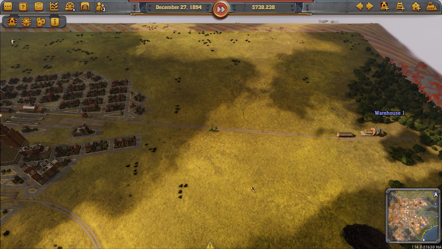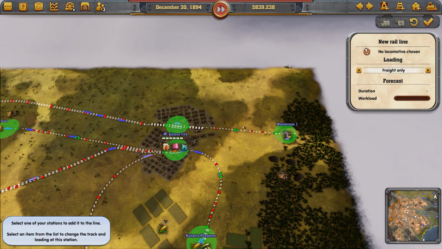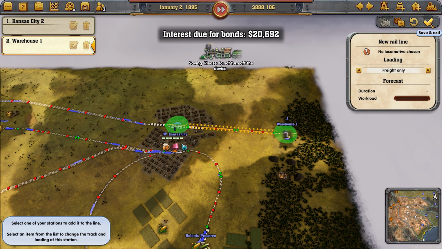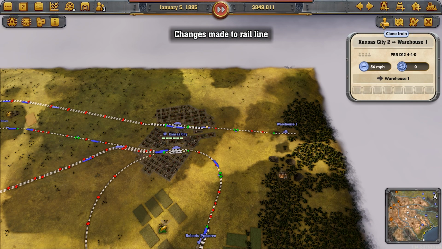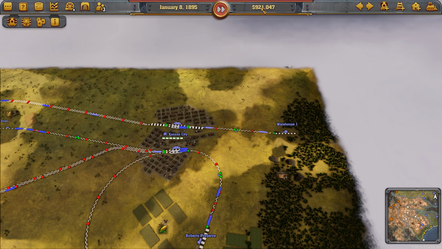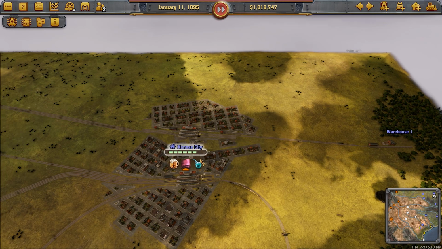Let's put a supply tower in the middle. What the heck, we'll get the line running while we're waiting. So a freight only line and 2 PRRs. Yeah, they're going to run empty for a little while, but that's okay. And as soon as we get to about 1.5, 1.8 million, we'll acquire Trisha Jones's company and then see about